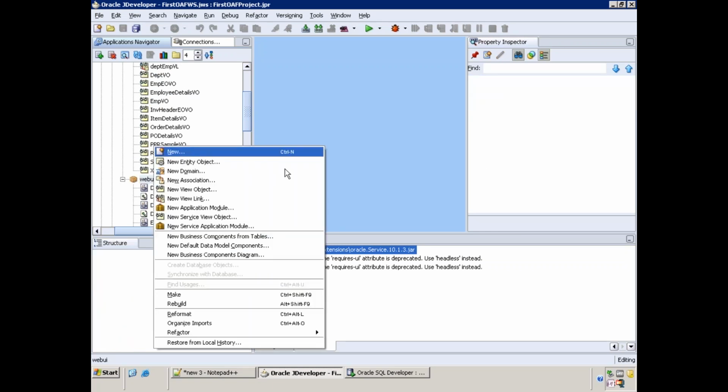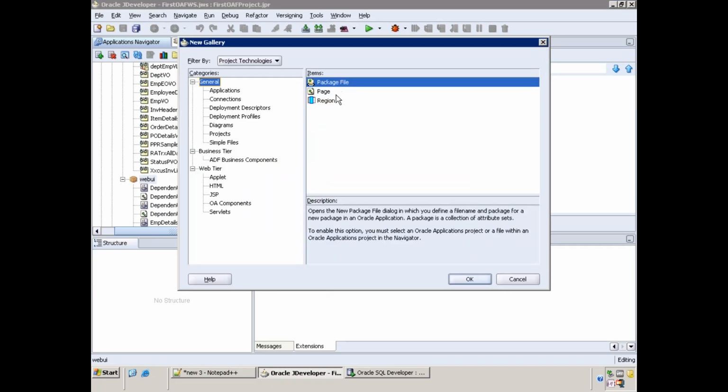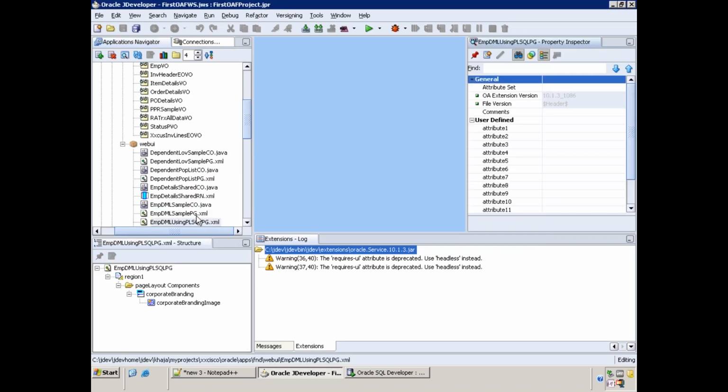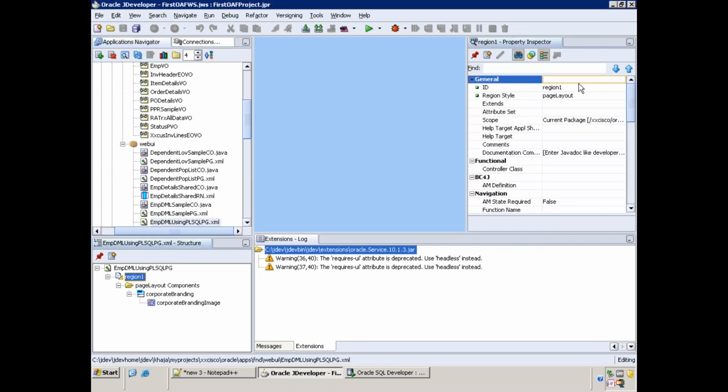New, OA components and page. Set the default properties and create a controller also.